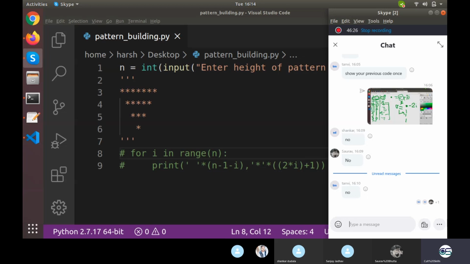Okay, well, if it's not giving the output, let's wait. I want one of you to at least give me the output, and only then I'll be moving on. And you have time till 4:20. I'll wait till 4:20. I expect at least one of you to give me the output, and if I don't get anything by 4:20, I'll be moving on.